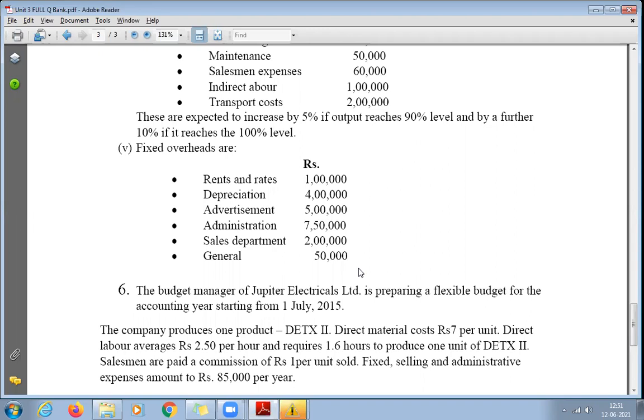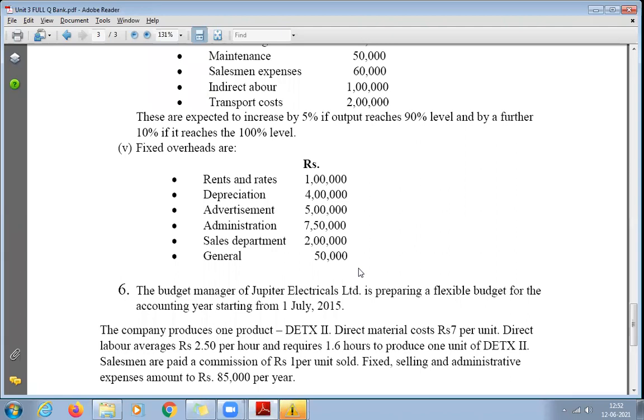It is not given as variable cost. If it is variable cost, then he has to tell us how it is going to change. But he has given us total cost. That is what we need actually. So when total cost is given, it will be fixed. So no need to calculate anything.